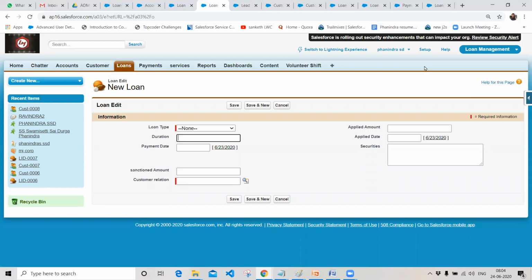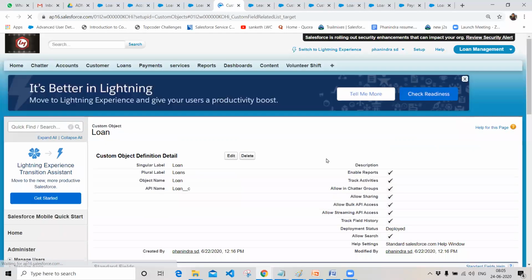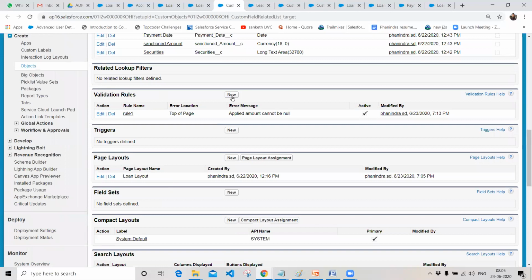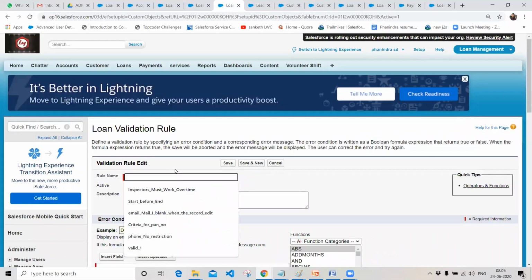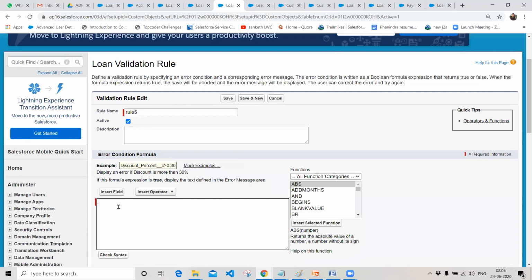So how can I create this? For custom objects we can go to the validation rules by using view fields, go over the validation rules and click on new validation rule. Rule number 5, rule 5, and here I want to create my validation rule.